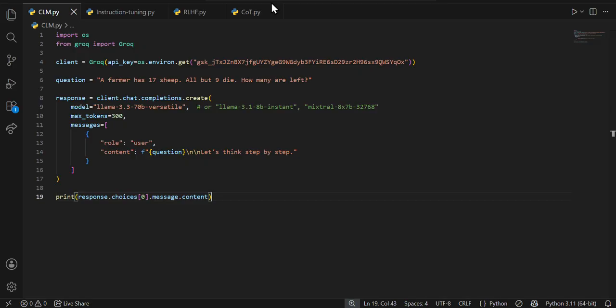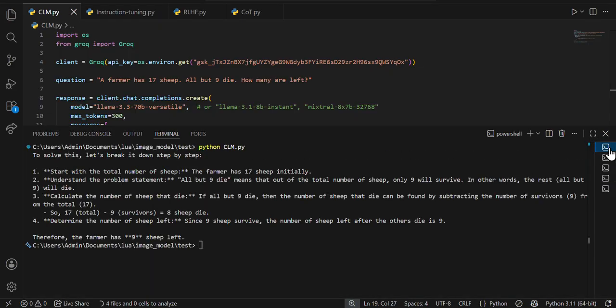This type of training is used in GPTs so that they can predict the next word in a sequence. So here we use the Grok API key and we give this question. We use the Llama 70B model with max tokens 300, and then we print the response. So if I run this,